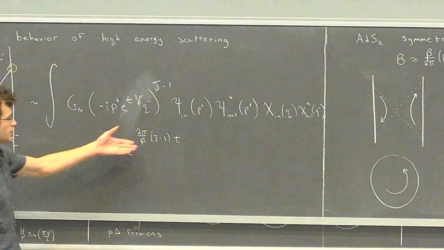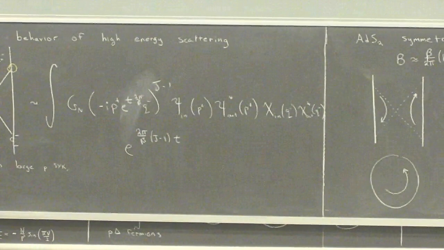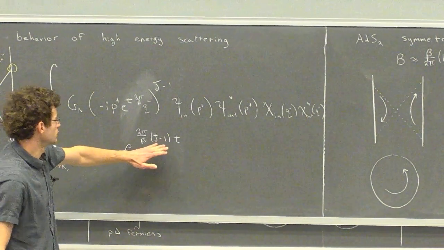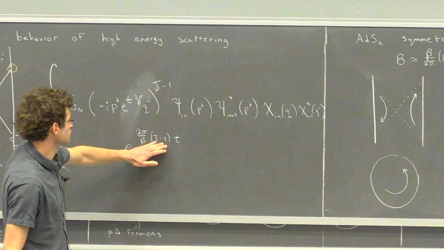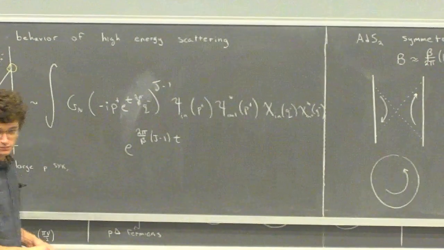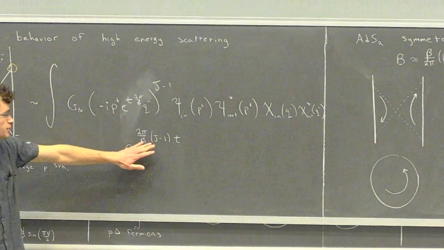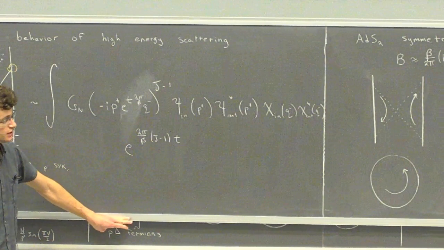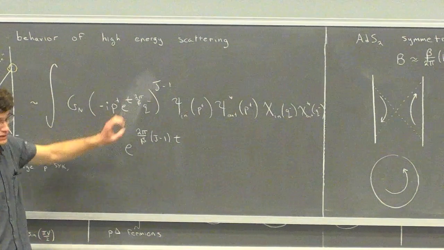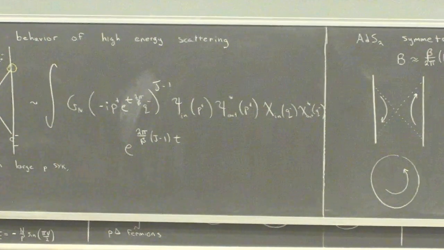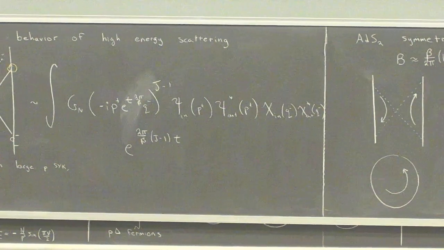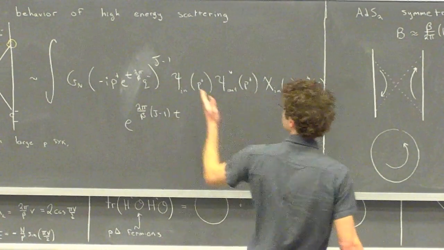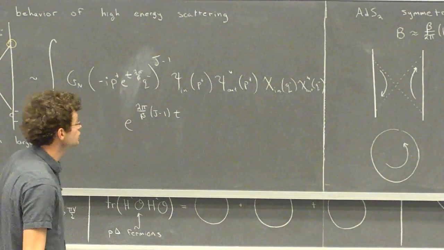And this exponential growth is the quantum Lyapunov growth associated with quantum chaos. And here we see that the exponent is related to this spin j that appears here. It's important that this spin does not have to be an integer. So in gravity, it is an integer, it's 2, but in general it does not have to be an integer. That's what makes this Regge limit so interesting. Okay, so that's some introduction to this Regge limit and the symmetries of AdS2.